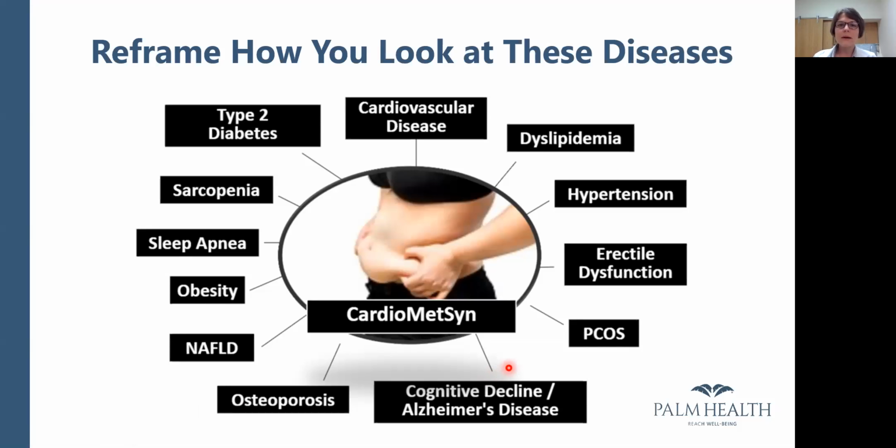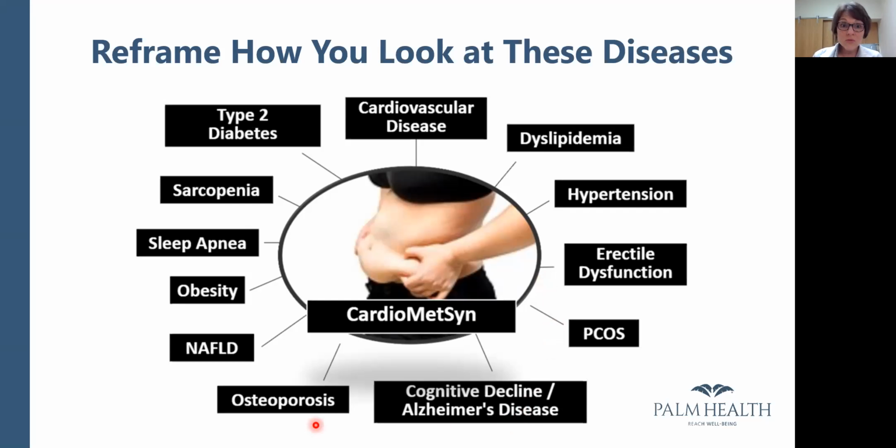So why are we so worried about metabolic syndrome? Well, what we found out is that metabolic syndrome is the root cause behind many illnesses. So cardiovascular disease starts with this excess belly fat. Cardiovascular disease means stroke and heart attack, or peripheral vascular disease, or kidney dysfunction. Lots of things can happen. High cholesterol can happen with metabolic syndrome. High blood pressure. Erectile dysfunction is a sequela or consequence of metabolic syndrome, as is polycystic ovary,